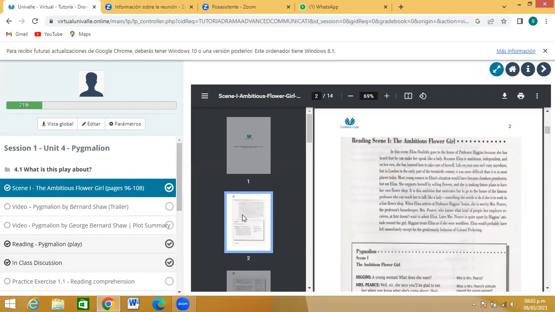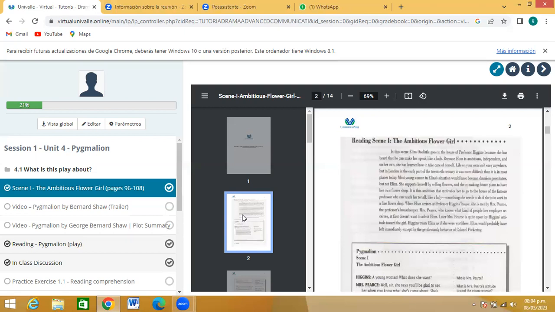Sure. So it says, reading scene one, the ambitious flower girl. In this scene, Eliza Doolittle goes to the house of Professor Higgins because she has heard that he can make her speak like a lady. Because Eliza is ambitious, independent, and on her own, she has learned how to take care of herself. Life on your own isn't easy anywhere, but in London,